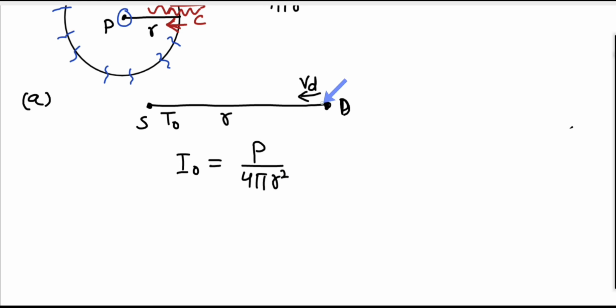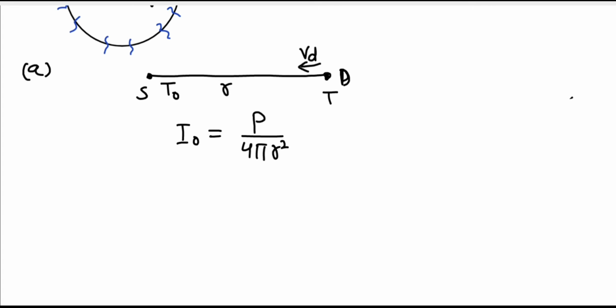So this is the amount of energy that is crossing this area. But this detector is actually observing with a different time period, let's say time t. We already know that the frequency will be more and the time period will be less, because this detector is moving towards the source. Whenever the source and the detector are moving towards each other, the frequency increases, so the time period will decrease. So the energy that was released in time t naught will be observed in time t, that is less time.